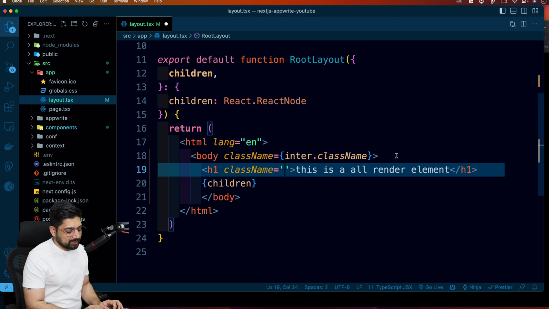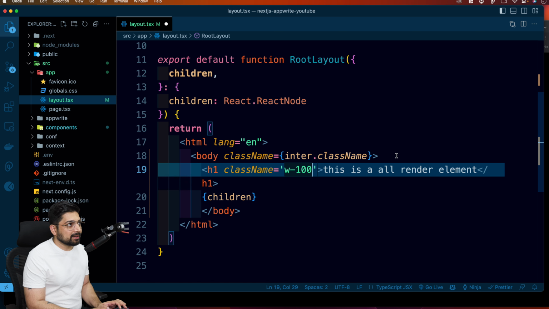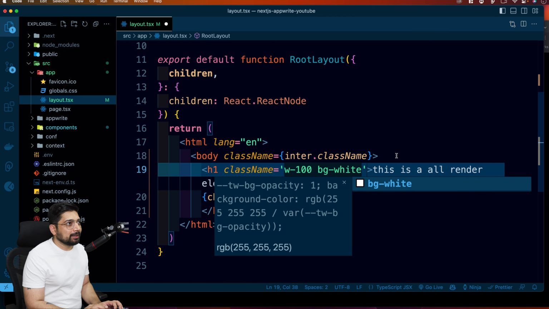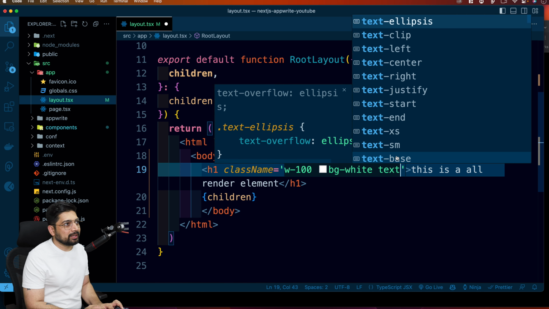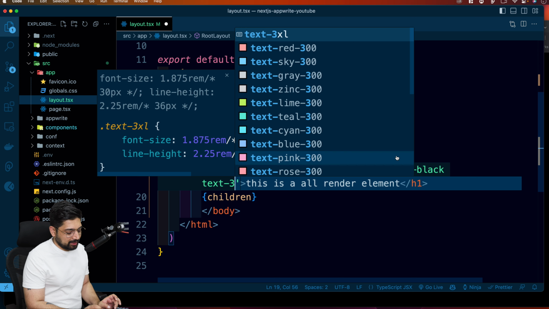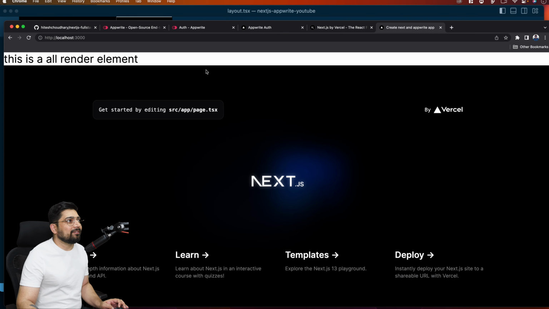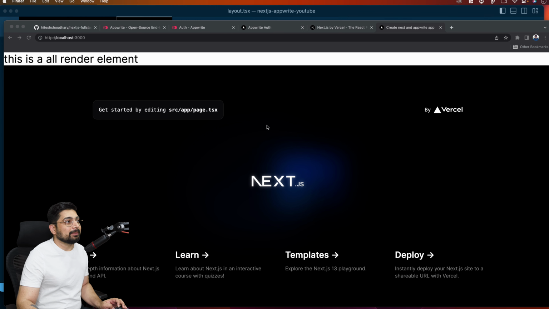So we'll just go ahead and get a width of 100. We'll just get a background of white maybe. And the text is going to be black. And the text is going to be 3XL. Just basic classes. So what you'll notice now is that every single page has this render element, and maybe we can